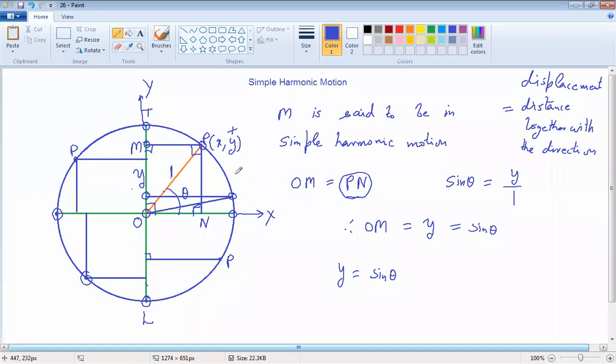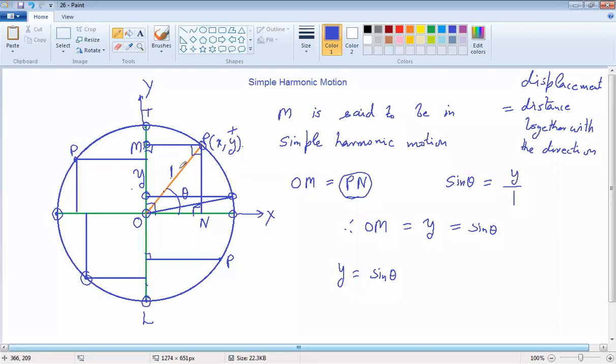So this is same as the y coordinate, because the y coordinate of the point P, which is equal to this displacement OM, is also positive. Y coordinate is also positive upwards, and downwards y coordinate is also negative. So we can replace the displacement OM by y as shown in this rectangle. OM and this y coordinate are equal,